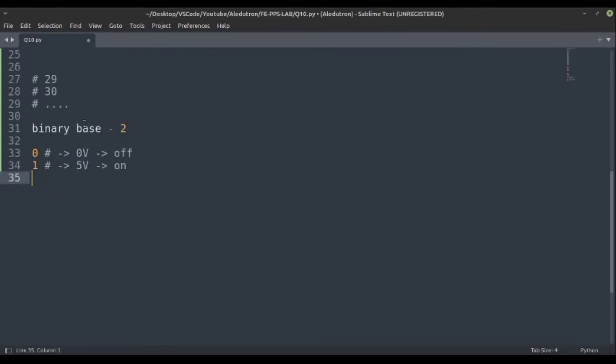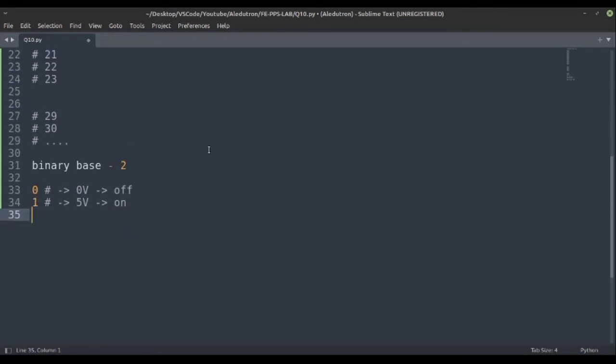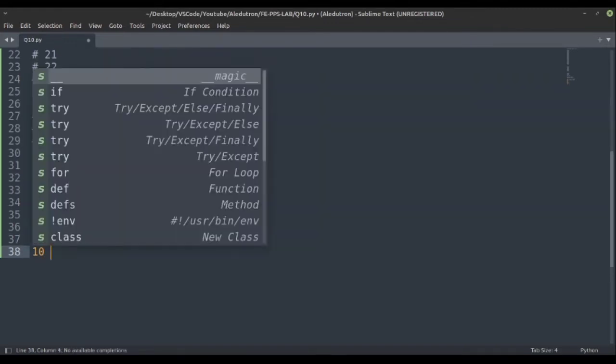Now similarly in binary we will follow this same technique of taking the next number and following. The first two digits are completed, then we will go to the second digit and take it two times. As it is base 2, we can take it two times, and then again 0 and 1. So what has happened is we have taken this digit and then added or appended 0 and 1 afterwards. Similarly, now this is completed, we will take 1 0, and after that 1 0 and 1 1.